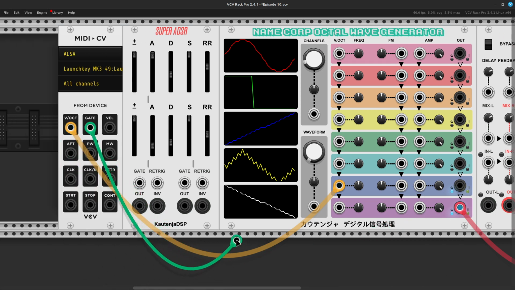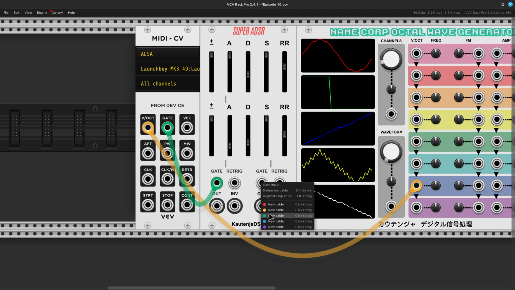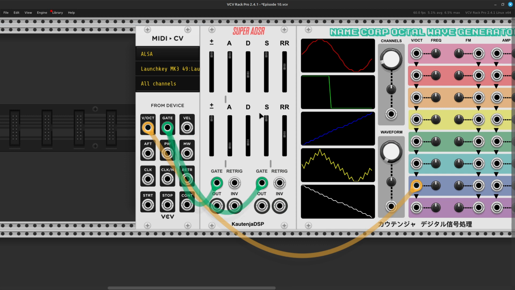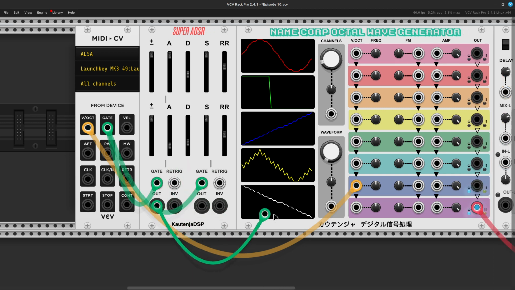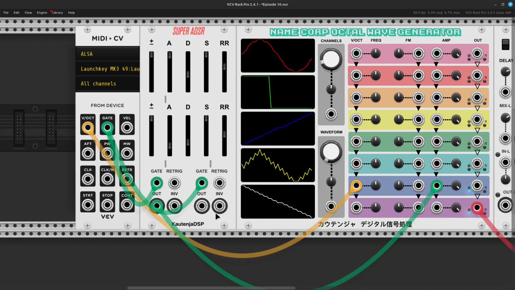There we go. So let's hook this up to gate input here. And we can do a second one here because we actually have 2 ADSRs in this module. There we go. And then we'll take a gate out. We'll say the left one is for the top one, so we'll put that up here. And the right one is for the bottom one. I'm going out the out and into the gate,